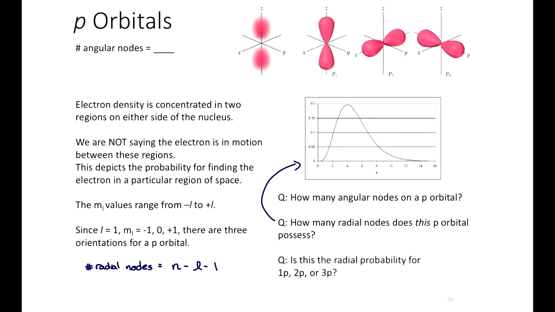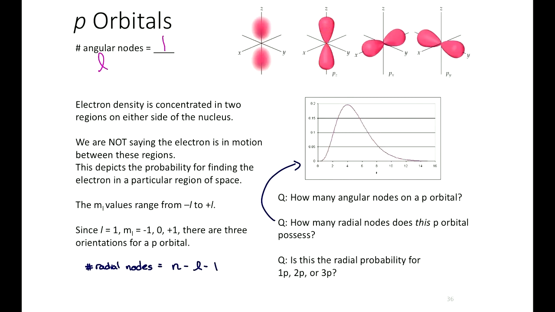Okay, so for p orbitals, here are contour plots. They look like our dumbbells, but we can also talk about radial nodes in p orbitals as well. So let's remind ourselves, how many angular nodes are in a p orbital? 1, because angular node means what? L. It means L. And that differs from radial nodes. Radial nodes is the n minus L minus 1 thing. So we've been talking about nodes, angular versus radial. Okay, so we see the shape here changes. It kind of looks like this dumbbell figure 8.